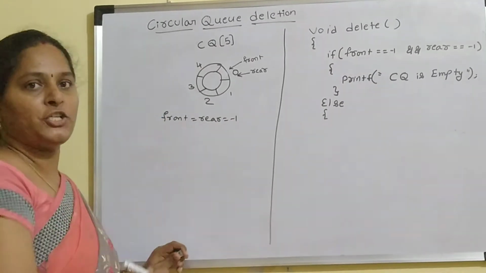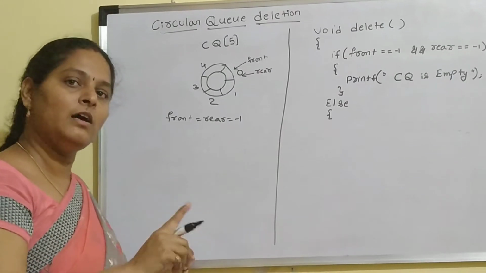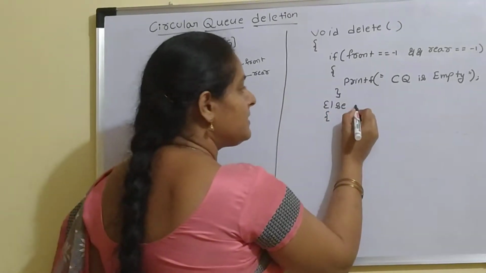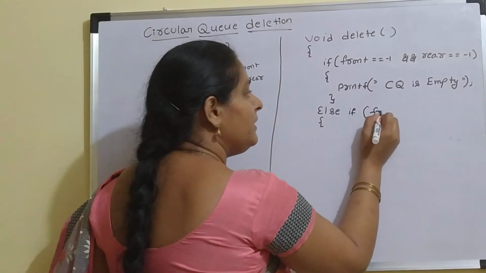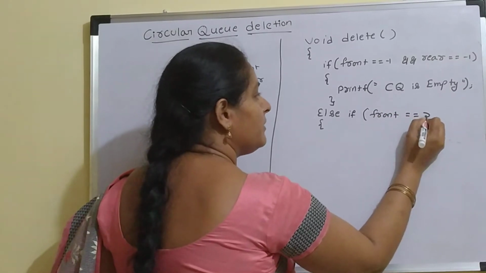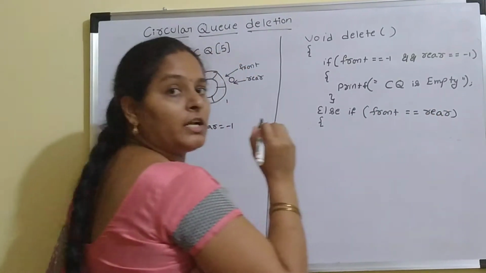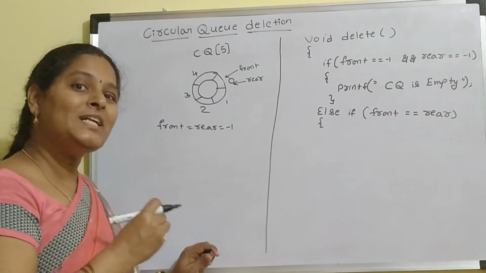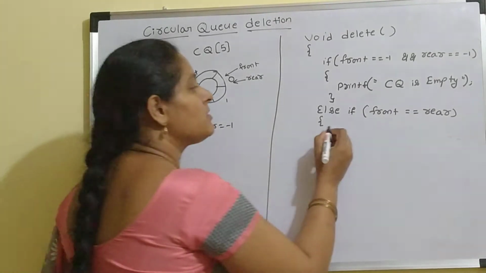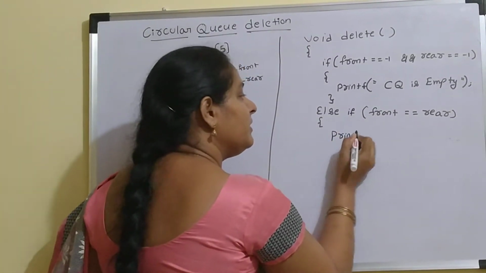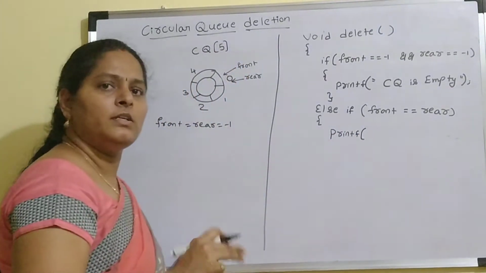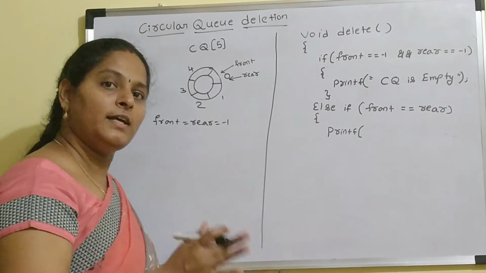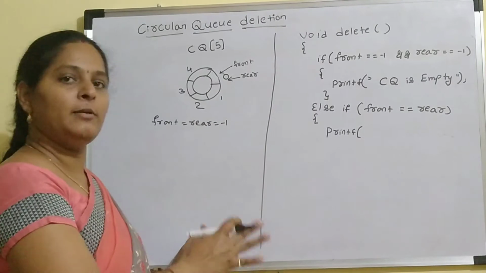So this is one of the conditions we need to verify, whether the circular queue contains one element or multiple elements. We will write the same condition here. Else if front equal to rear. Front equal to rear means your circular queue contains one element. So if the circular queue contains one element, how to perform the deletion operation? Simply delete the element. Here in a circular queue also, the deletion will be done from the front end only. So whatever element is pointed to by the front pointer, that element only we can delete.